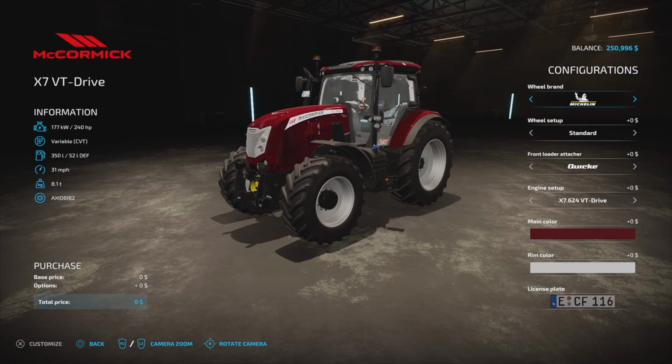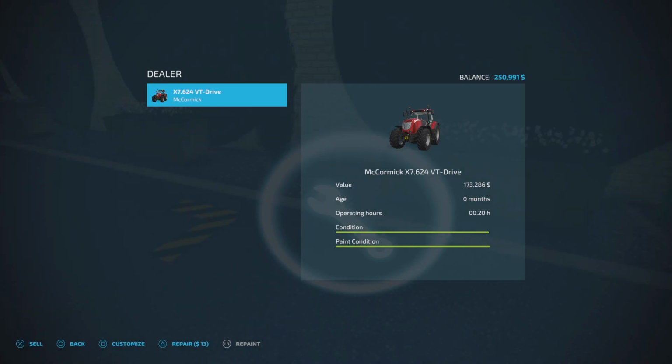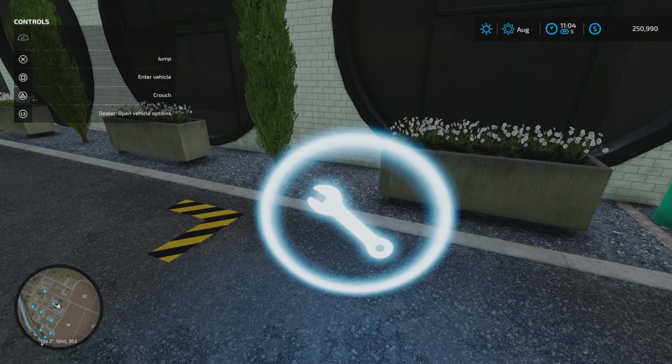Alright, we're going to customize you. Front loader, attacher, quickie. Yep. So we have the quickie attach. So let's get